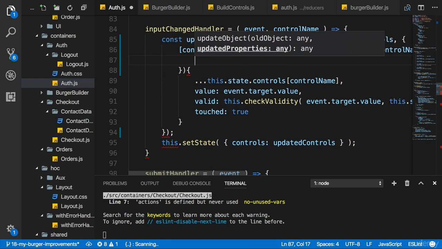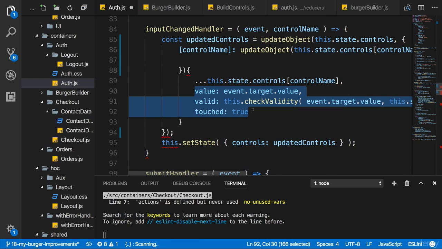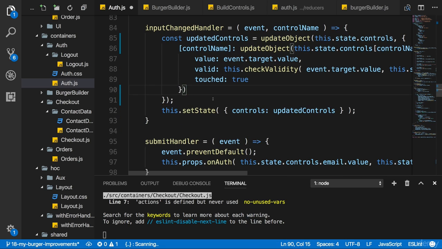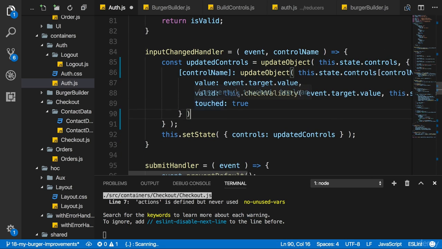And the properties I pass to this internal object are value, valid, and touched, just like in the contact data. And now again, I'm using update object to have a little bit leaner code and less duplication. Of course, you might find more places in the application where you can use it. Definitely feel free to dig through with the application and use update object or other utility functions you can come up with whenever they make sense.